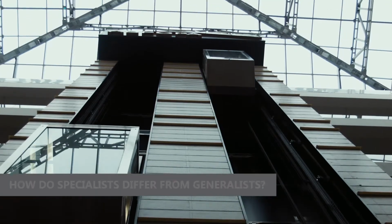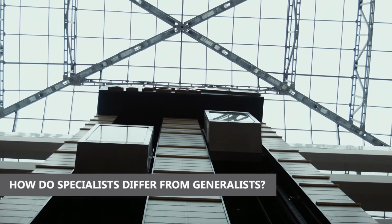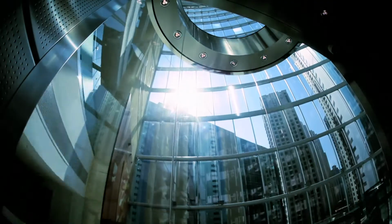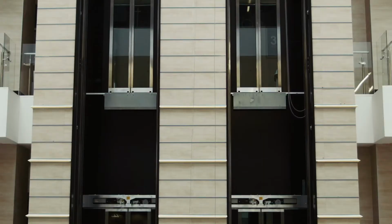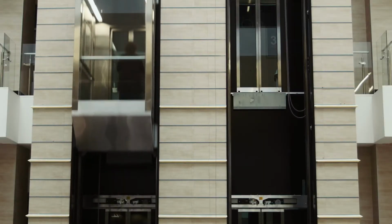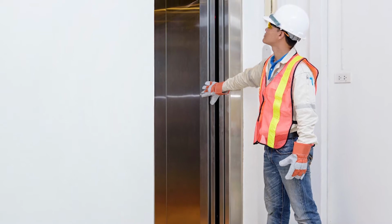An example of what you can see using a specialist on the multidisciplinary review is an elevator consultant, for instance. An elevator consultant is licensed to get in an elevator shaft and the elevator mechanical room. They can look at the equipment and identify things that you couldn't otherwise see in a generalist review, just because literally they can unlock the doors and they're licensed to be down in the shaft. So it just gives you that extra level of detail that helps you catch big costs that can be hidden